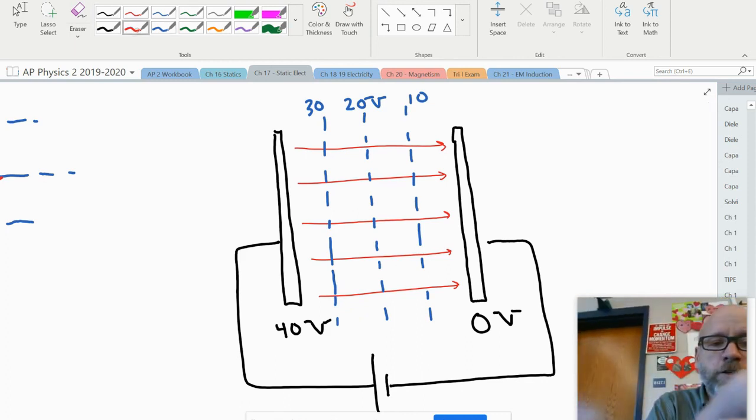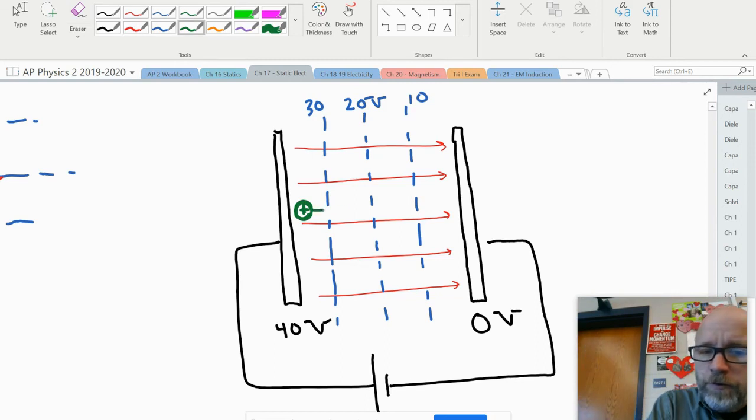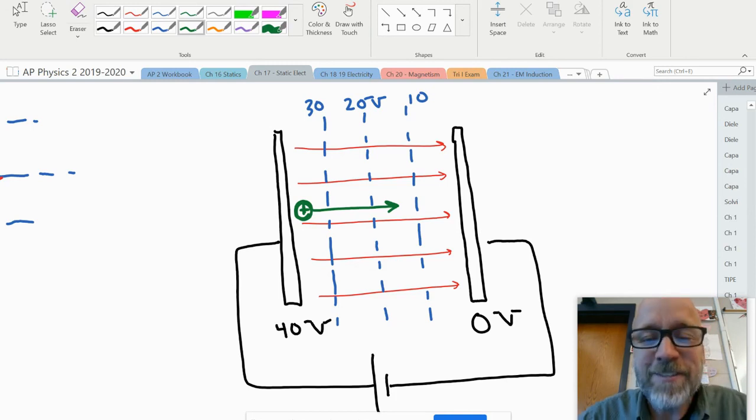So that a charge, as it travels from the positive plate, a positive charge that is, and travels down, the potential is going to decrease. What is that potential energy turning into? Yeah, that's right. It's turning into the kinetic energy. Good. Okay. So